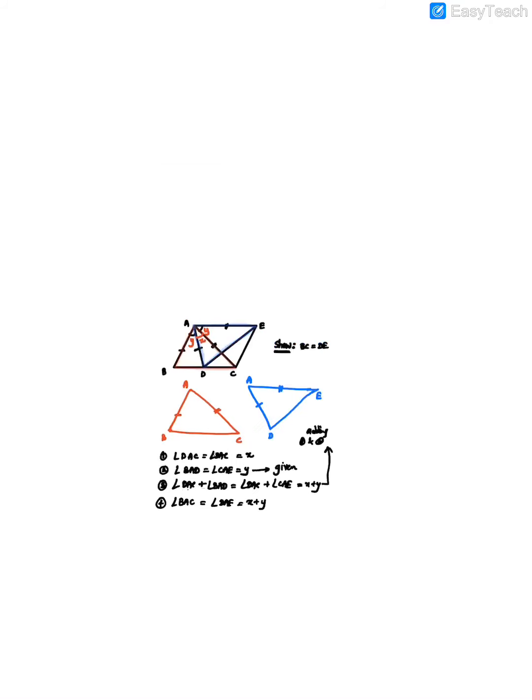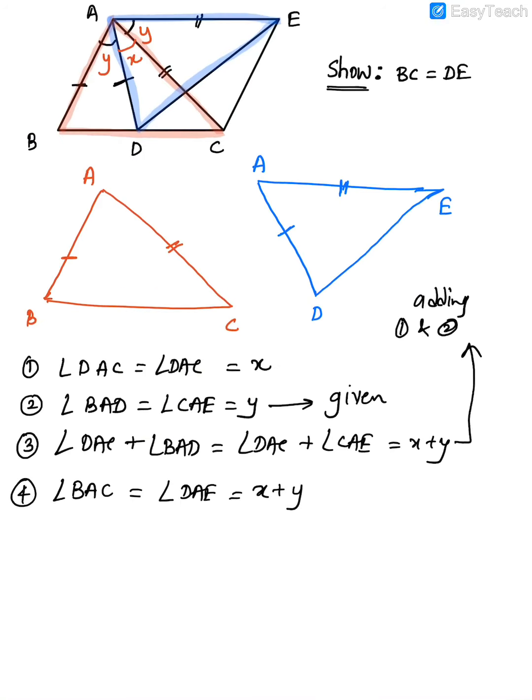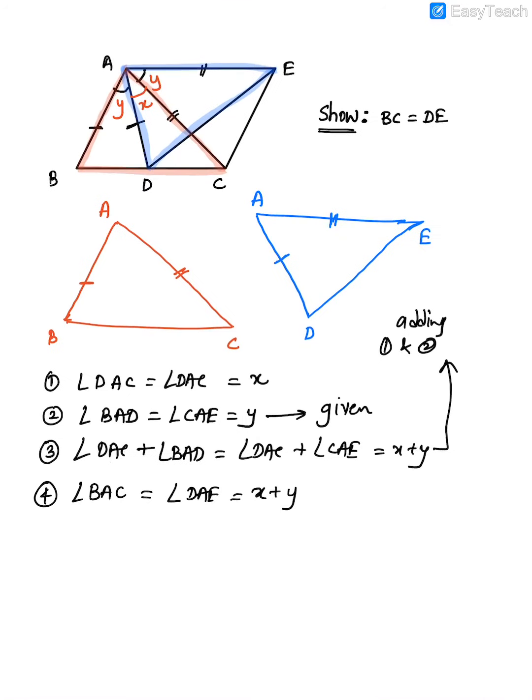So look, we have already proved that this angle and this angle are equal. How much have we proved? They both are x plus y and x plus y. Now let's write the other statement. This is one of the statements we wrote already. Now what second statement will we write?